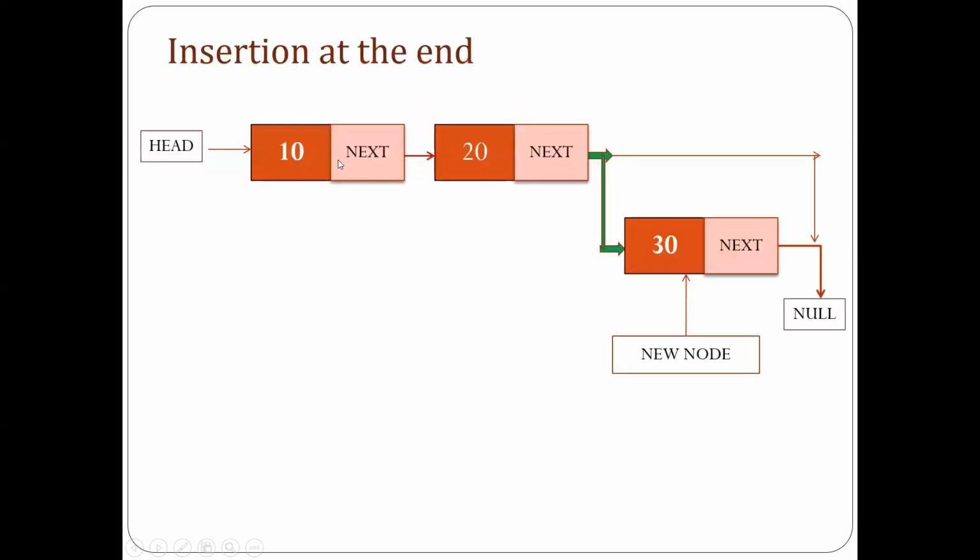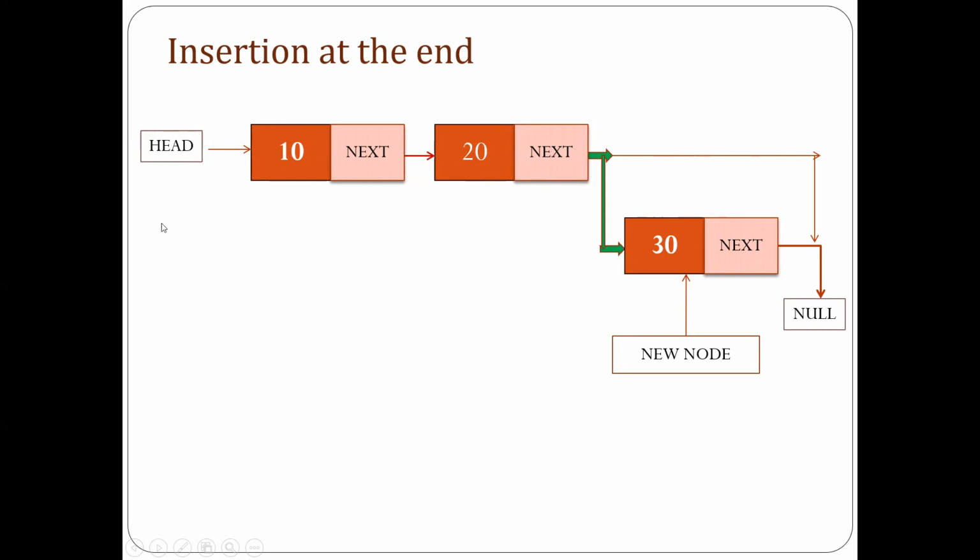So see here, this is the original linked list, 10 and 20. I want to insert this 30 at the end here. So at the end, if I want to attach this 30, that means we have to establish the link between the 20 and the 30. But I have only one pointer with me, that is the head, which is always at the first position. But I don't know where this 20 is located.